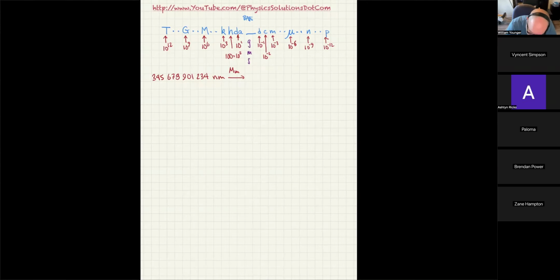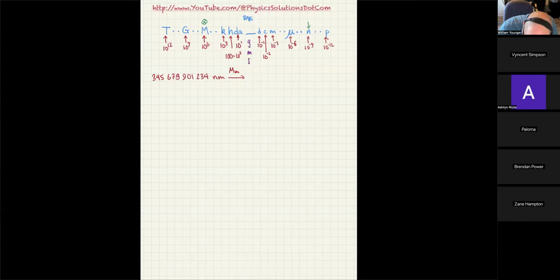So what you do immediately is you mark off what the unit you have is. So we're looking at nanometers. That means we're right here at the nanometer. And then you make another mark, like a target, if you will, for where you're wanting to go. Well, we're wanting to go right here, so I'm going to say that's my target. And then you count the number of moves. You don't count the number of places, you count the number of moves that you have to make to go from where you are to where you want to be. And each dot or each letter is a place, as well as that blank line.